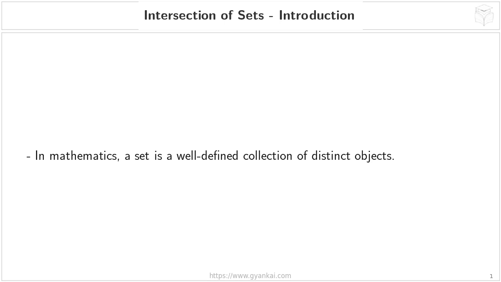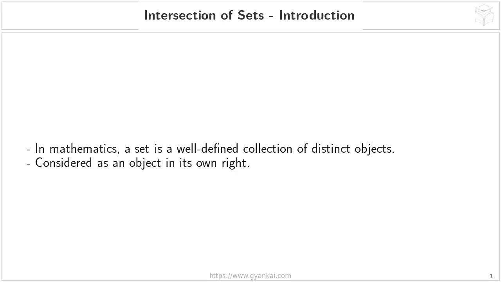For example, a set of the first 5 positive integers would be a valid set, considered as an object in its own right. This might sound a little strange at first, but it's important. We treat these collections of objects, these sets, as single entities that we can work with mathematically. Just like you'd treat a number like 5 as a single entity, we treat a set like {1, 2, 3}